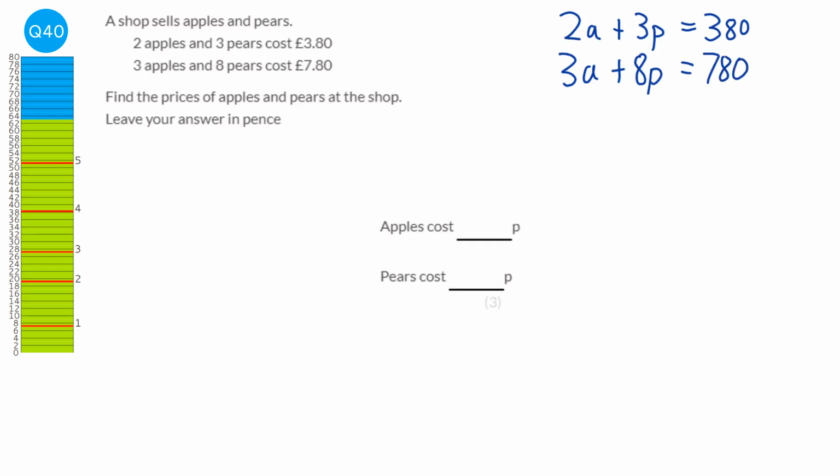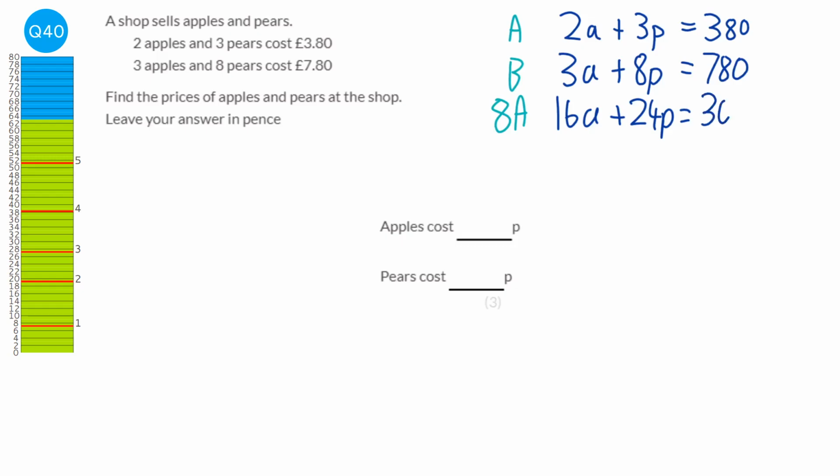Okay, so the first thing I do is try and get these numbers the same. So 3 and 8, they both go into 24, so I need to make them both 24. And what some people do is they just label this A and this B. So what we're going to do here is multiply everything in equation A by 8, so that this becomes 24. So it's going to become 8a. And so we're going to times the 2a by 8, which will be 16a, plus 24p, and 380 times 8